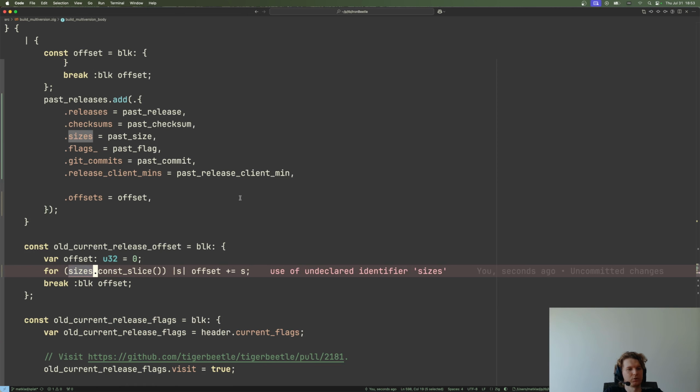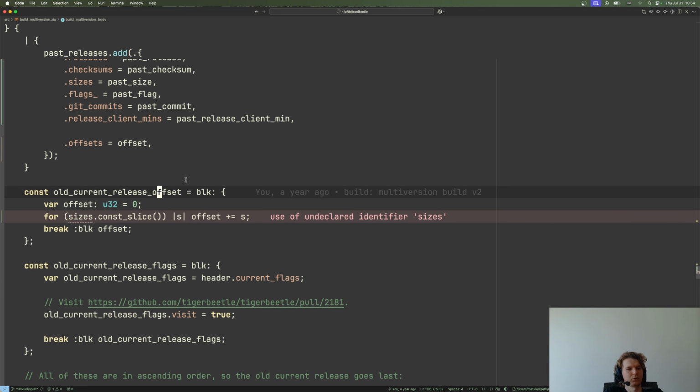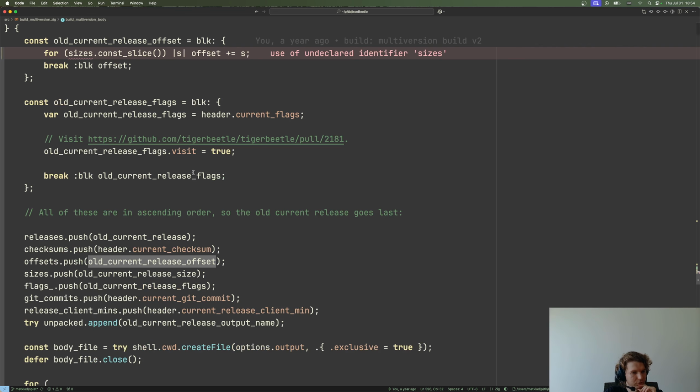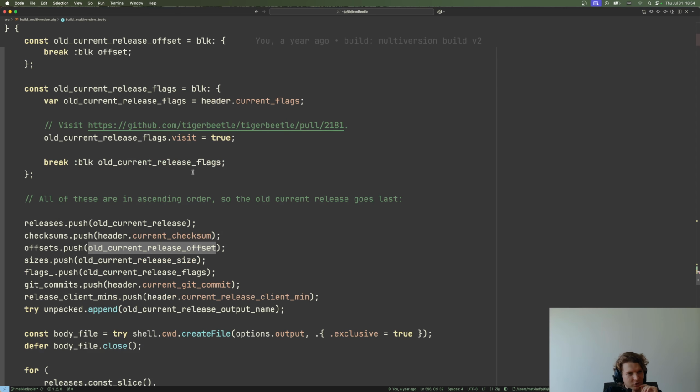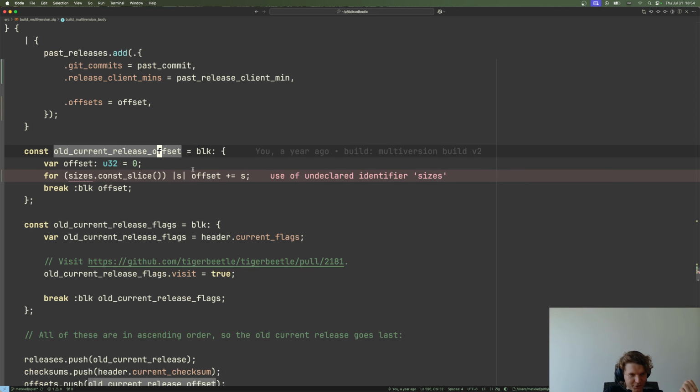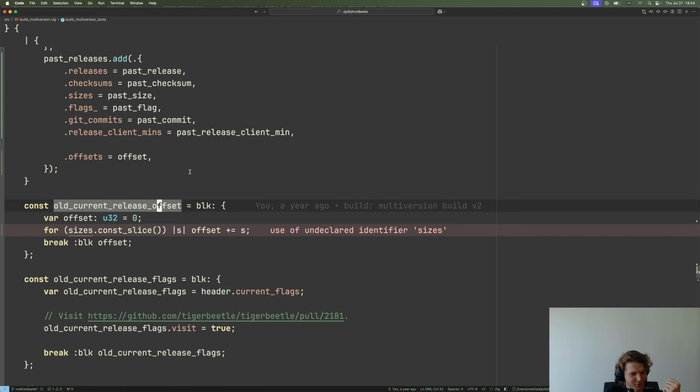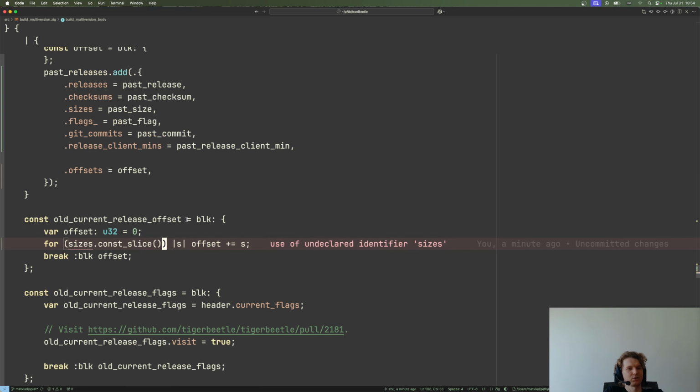Now we do alt current release offset. Why do we need alt current release offset? Well, because it's not the old offset of the current release. It's like the old current release offset. Okay, so actually this is